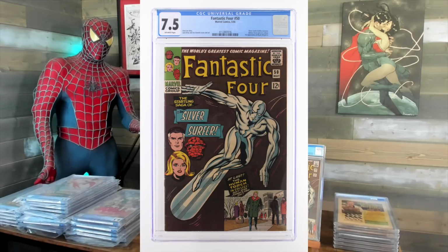What's this? FF50. Dobby 7.0 got some 5. 1425. I really don't like this. I'm not a fan of that cover. I'm just not a fan of the brown. I think I've said it multiple times. Not really my thing. I like 55 better than that. I like 49. 48 is really cool too, but 50 and this one,